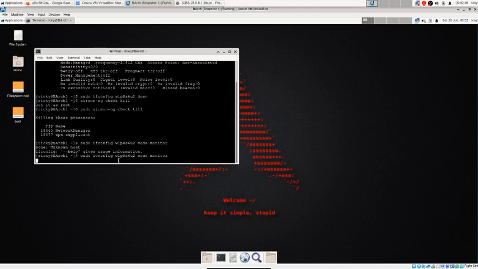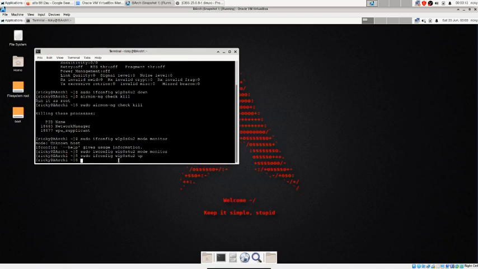Then we bring up the interface. Yeah, it's done now. Then sudo again, ifconfig wlp0s6u2 up.